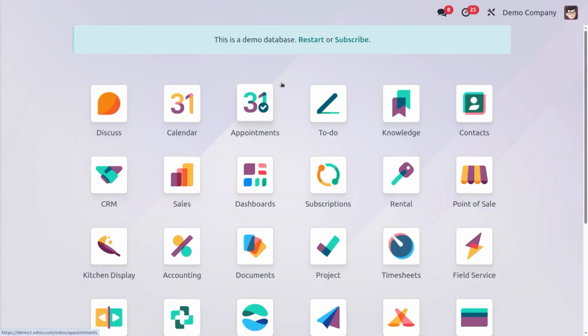So guys, here you can see the application launcher of Odoo, and we are going to request a time off. And let's see how Odoo can automatically create a timesheet when we request. Alright, let me show you using a simple example. Just imagine, or think of it like this: we have a problem.